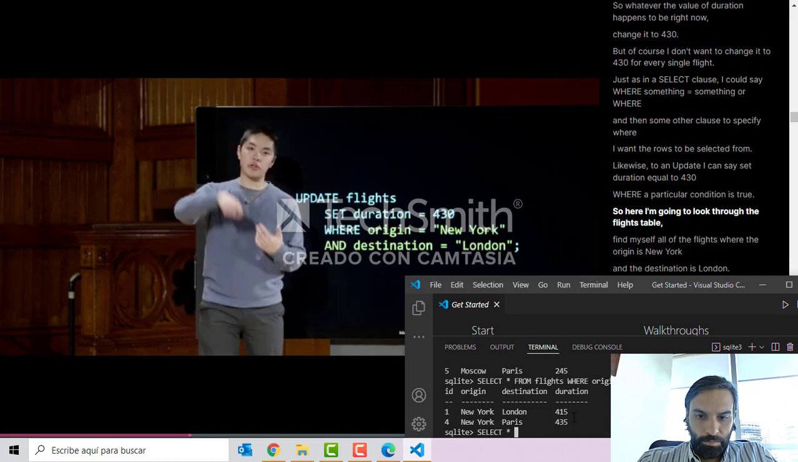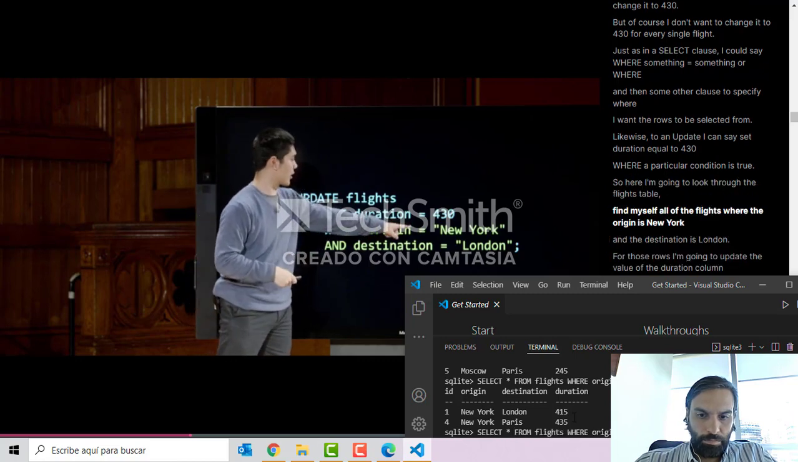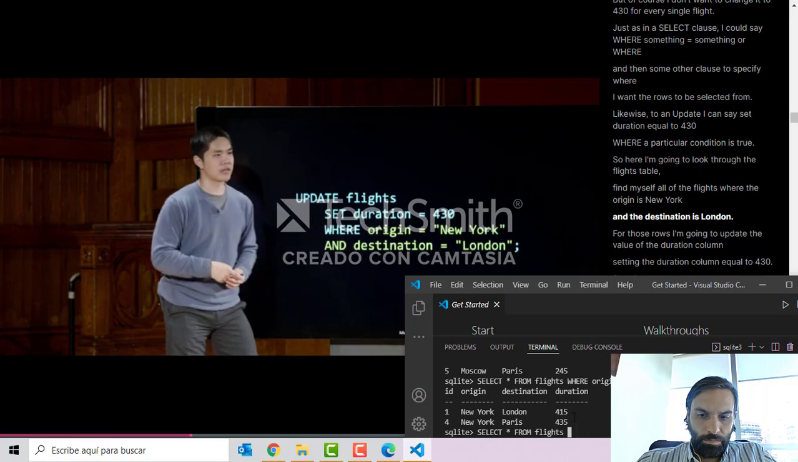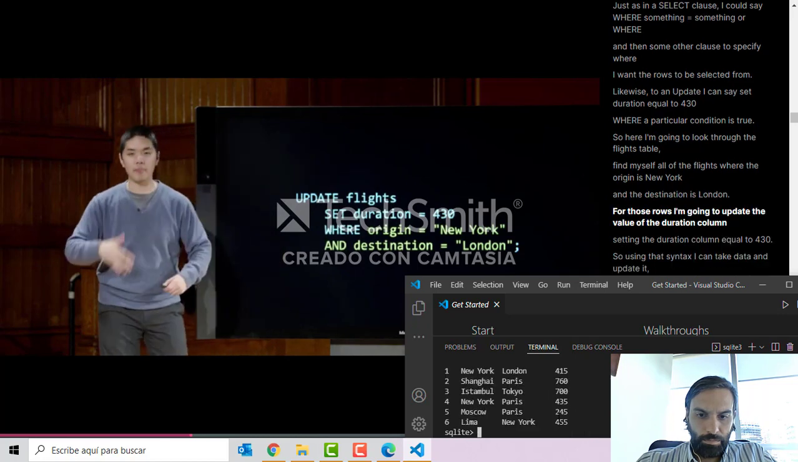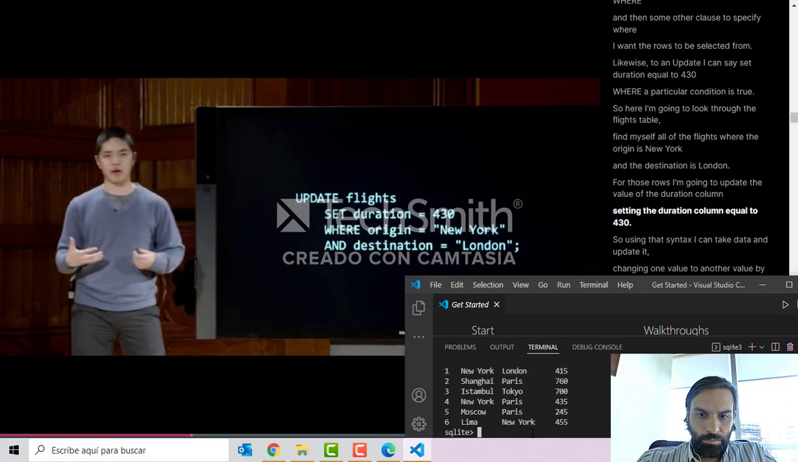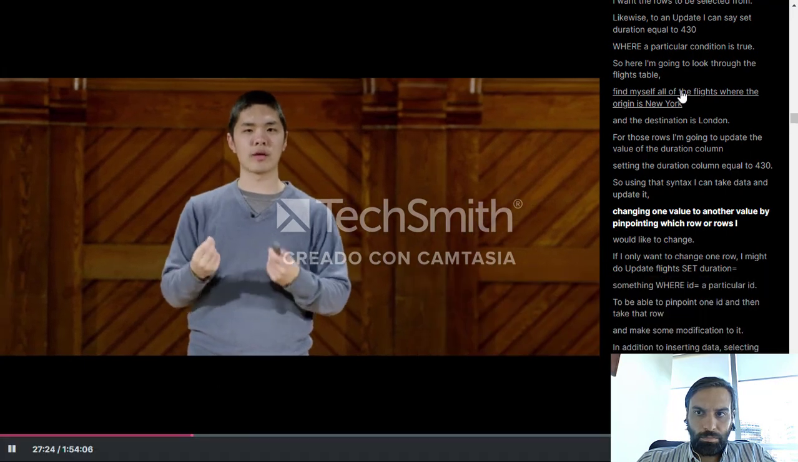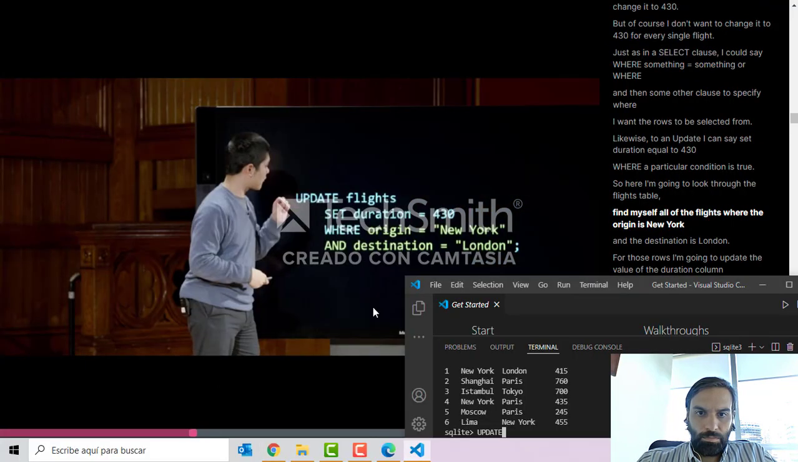So here, I'm going to look through the flights table, find myself all of the flights where the origin is New York and the destination is London. And for those rows, I'm going to update the value of the duration column, setting the duration column equal to 430. So using that syntax, I can take data and update it, changing one value to another value,